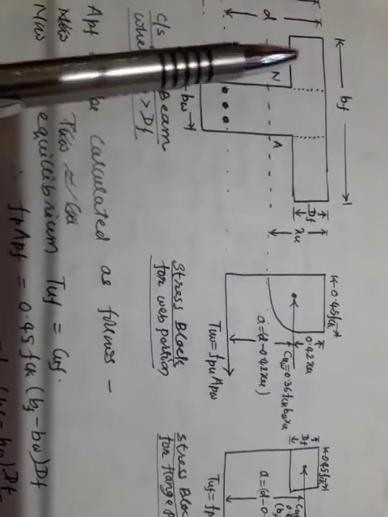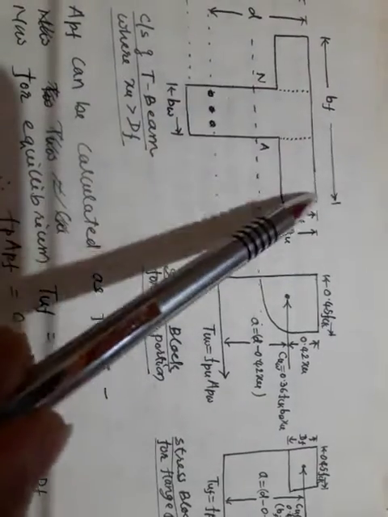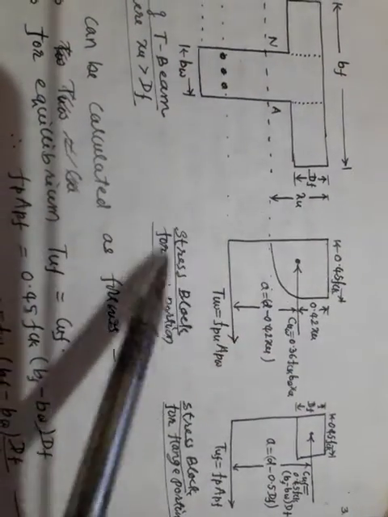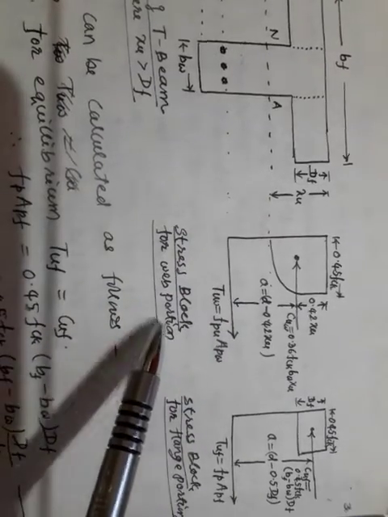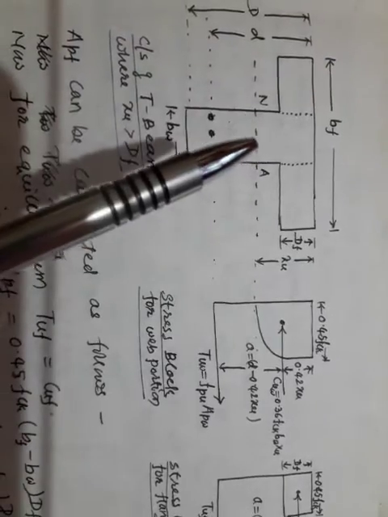Suppose the beam is a flanged section. Yesterday I took the example of a T beam. If it's a flanged section, we have seen the analysis here. The moment of resistance will be due to the web portion as well as due to the flange portion. Accordingly we have drawn the stress distribution diagram: it is the stress block for the web portion and the stress block for the flange portion. If I want to find the ultimate moment of resistance of such a flanged section, then you have seen yesterday that it is